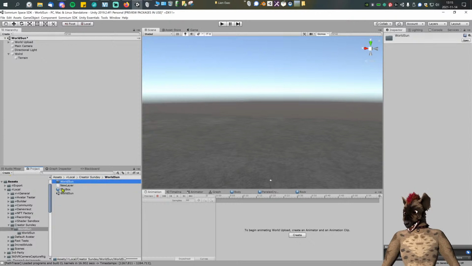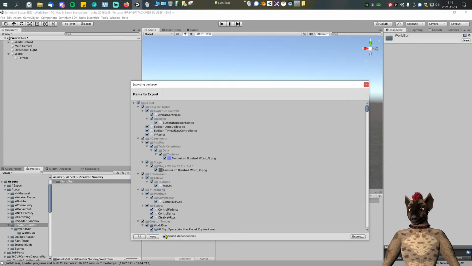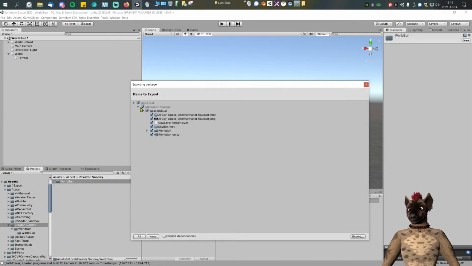Oh, I made a mistake. This should be there. My bad. Because my scene name is the same as the first folder. And when you create a scene, you create a folder for putting stuff like this. So I go on my folder, here my main, export package, uncheck include dependency, and now you can export this